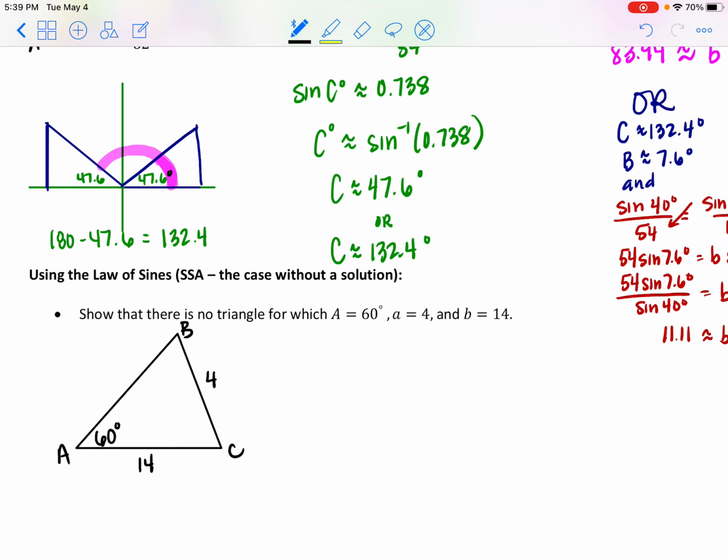So let's say we start this the same, because I know that this one isn't going to work, and I'm telling you here, show that there is no triangle for which this works, but how are you going to know? Well, we would start the same way. If it's not saying show it, it's just saying solve it, how are you going to know this is a no solution problem? Well, if we set up our proportion of the sine of 60 degrees over 4 equal to